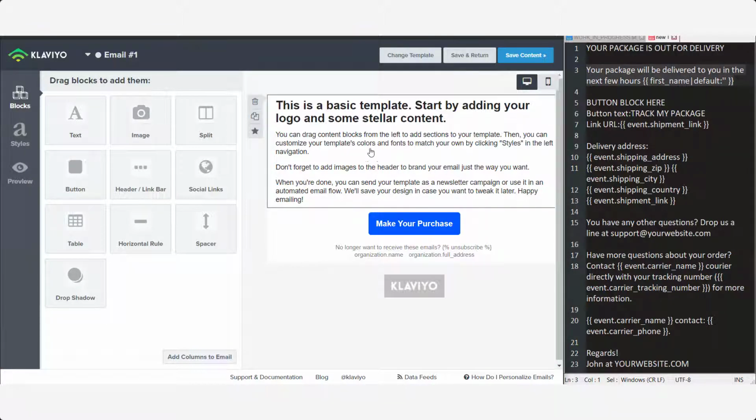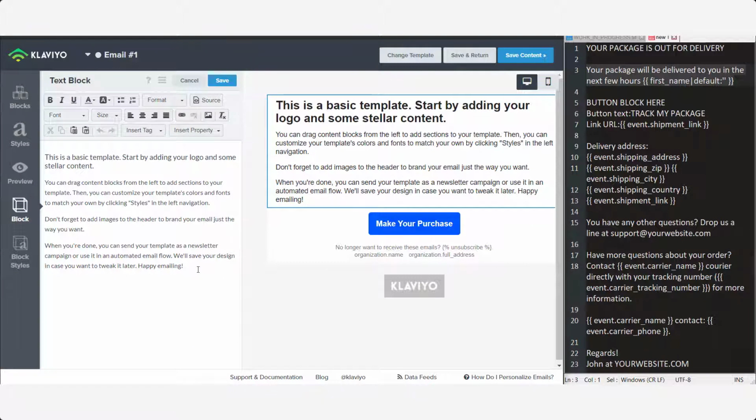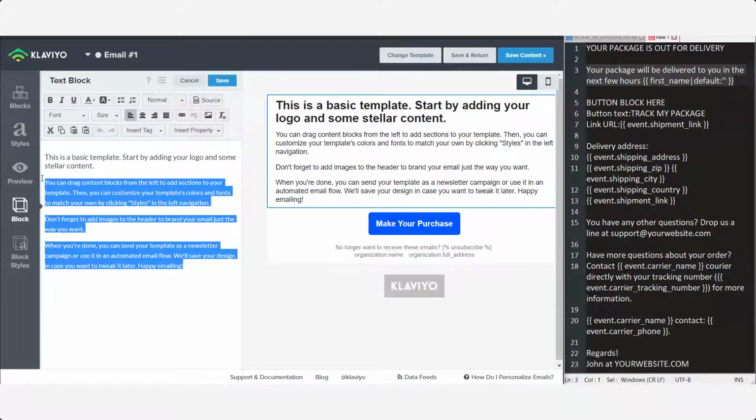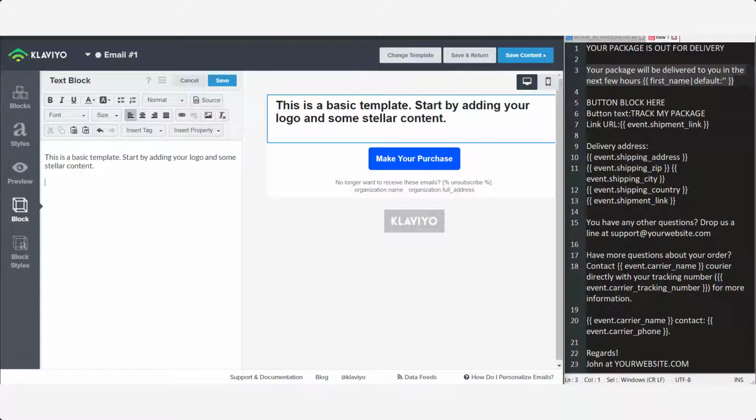At the top, click on the text block. I can get rid of that part here. I can simply copy and paste what I just took from the notepad. So meaning that I can just say, you know what, your package is out for delivery. If you don't want to use out for delivery every single time, but want to replace it with a dynamic variable,